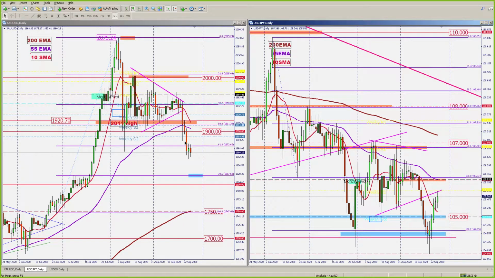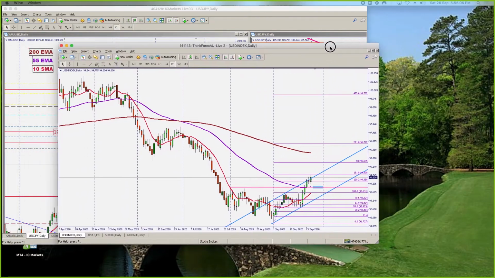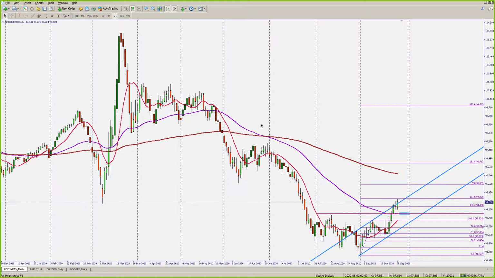If you look at both, they are inversely correlated, with spot gold breaking down and dollar yen trying to recover. This was mainly due to the US dollar recovery, and let's take a look at the US dollar index here on another chart. This is the daily time frame,